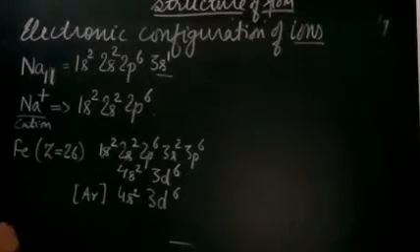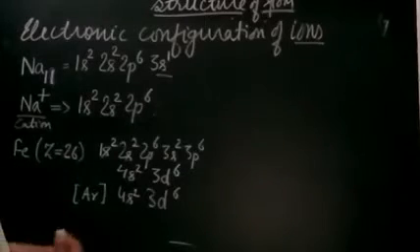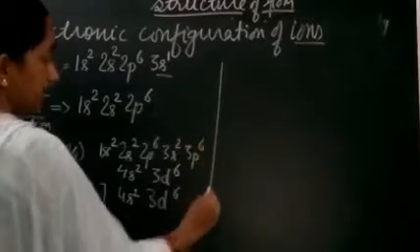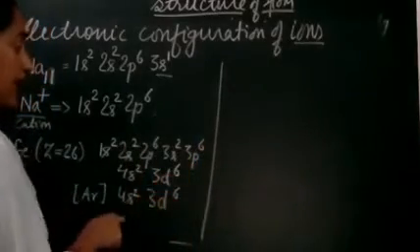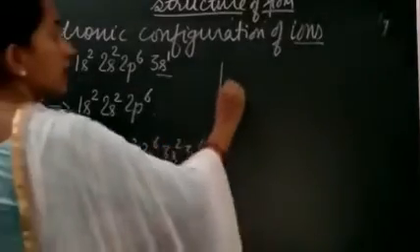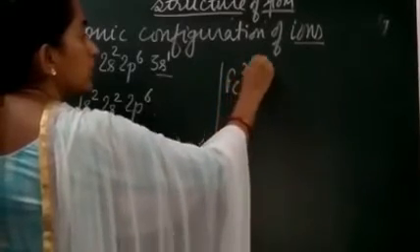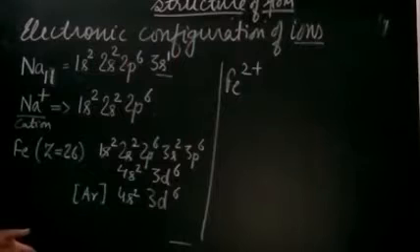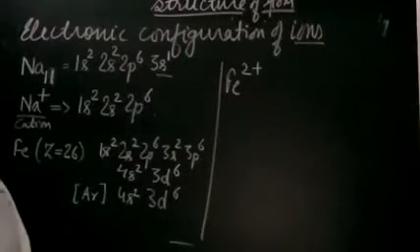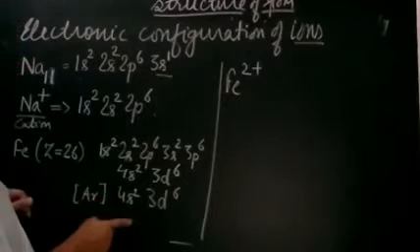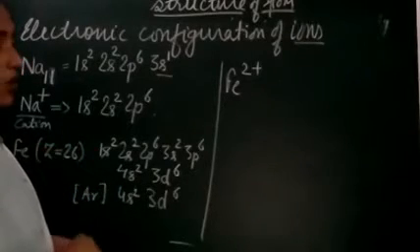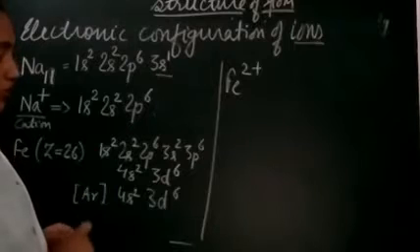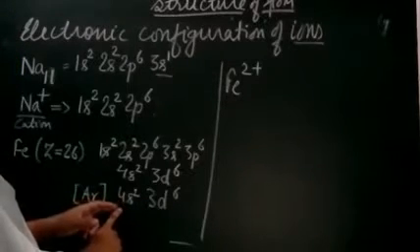Now when we are going to remove electrons, first you will see which charge we are getting. This was for the neutral atom, iron here is a neutral atom. So we are getting here Fe2 positive, 2 units of positive charge. That means loss of electrons. Second, how many electrons are being lost? 2 electrons. When electrons are being lost, they will always be removed from the outermost shell. So students, we are getting here 4s2 and 3d6.